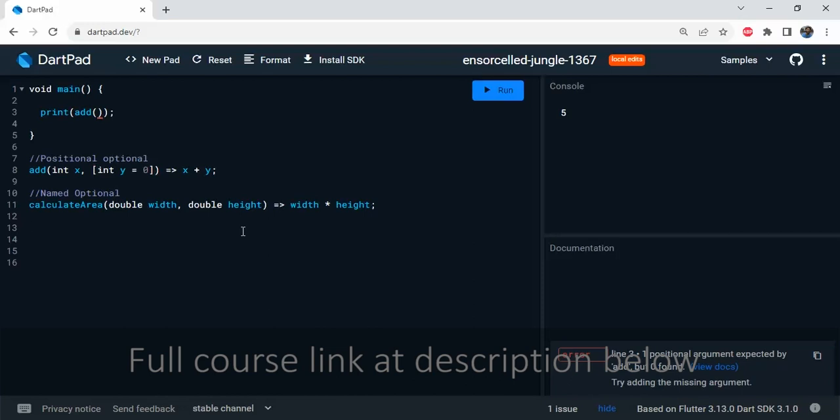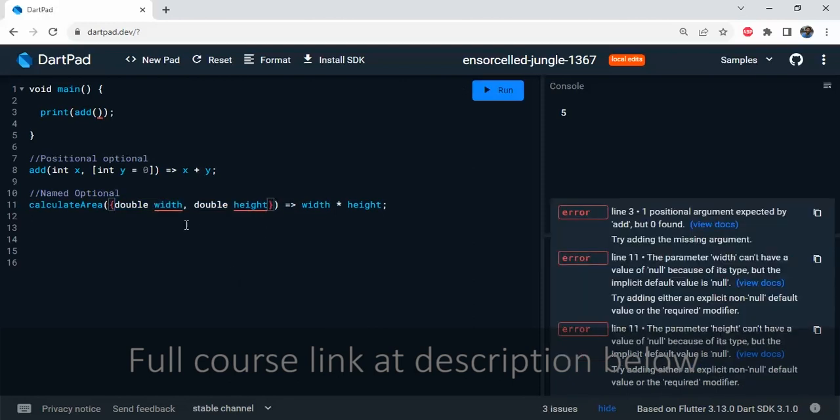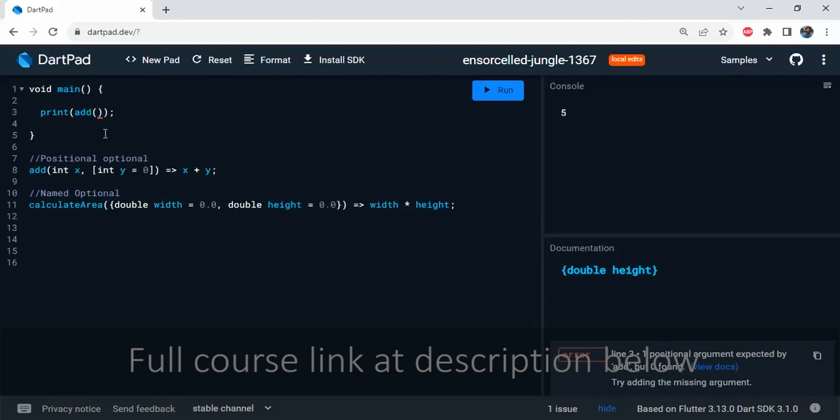For example, if I want to make all the variables optional, select the arguments and wrap them inside this bracket, that means the second or curly brace. And now you have to provide the default value here also. So this should be 0.0 and the height's default value should be 0.0. Now we have provided the default value, and now let's call this calculate area function inside a print function. So calculate area, and now if I don't pass anything, it will not show any error because all of the